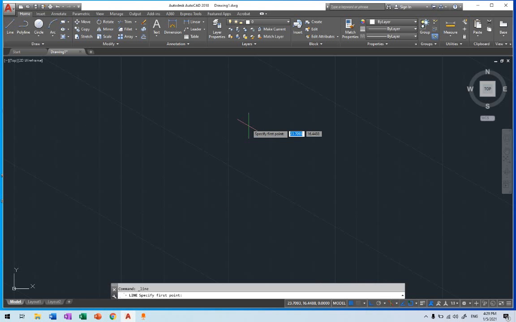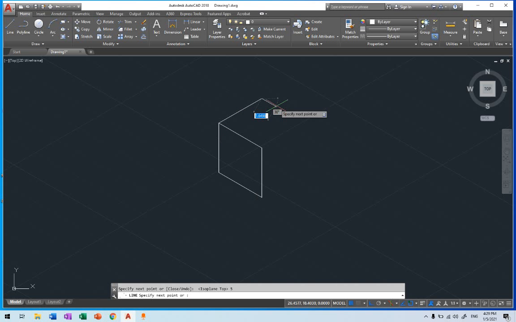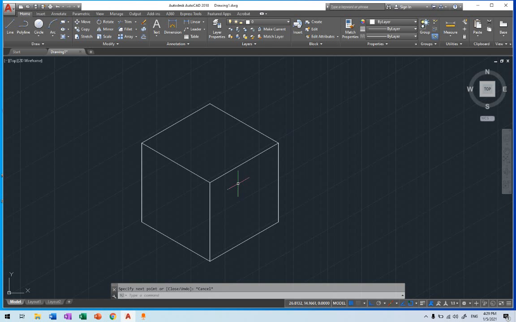Now let's say that I'm going to draw something. I'm going to draw a cube, say 5. Then we're going to draw a circle to see how we're going to draw a circle in isometric. I would say changing the icon will allow us to draw the line. Now let's say we have this cube, and we want to draw